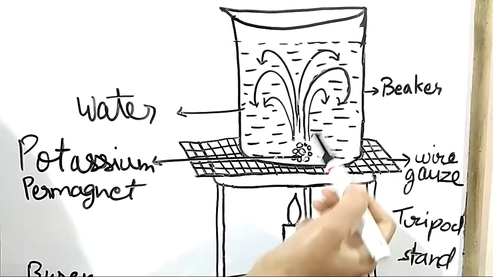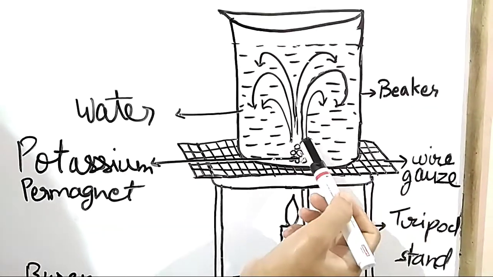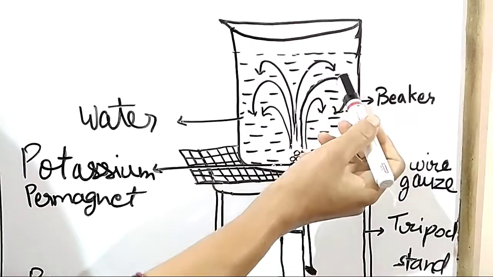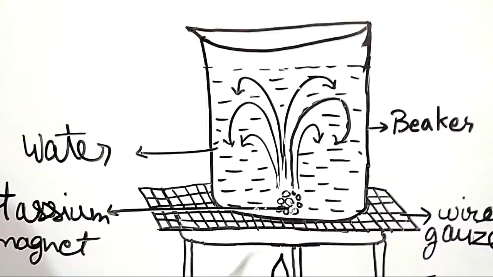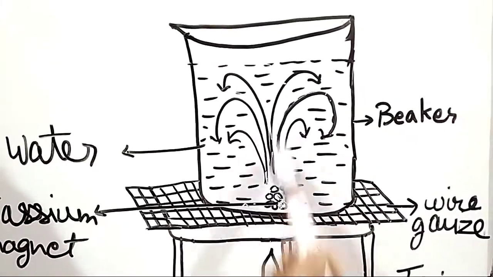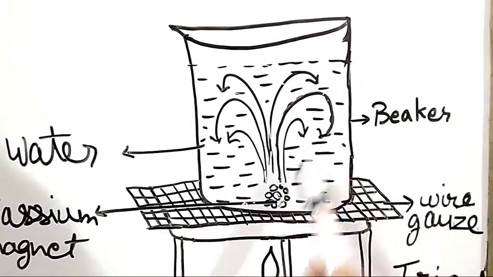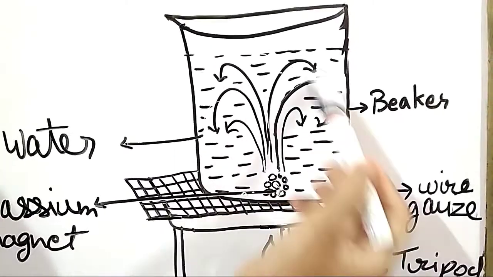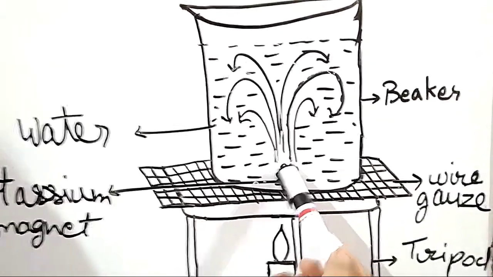That's why you can see here curved arrows. They are showing hot water going up and cold water coming down. The molecules of water that are rising carry color. So you can see these water currents easily. They are carrying colors, so colorful arrows, or water currents, you can see easily.